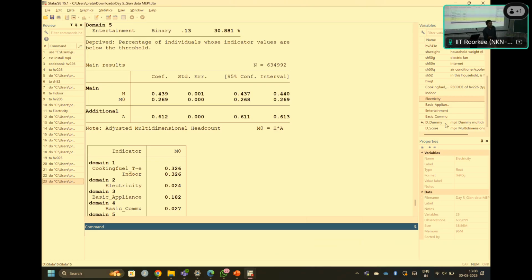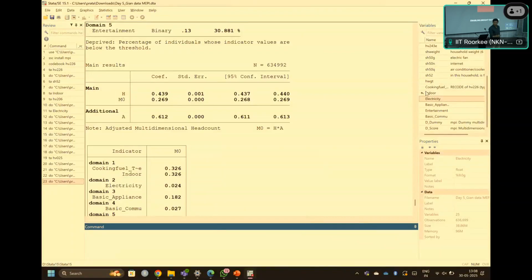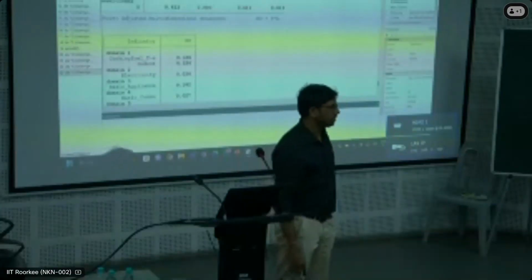Therefore, we try to show you all the possible formats in which the MPI or the score can be presented. All right. Is there any other queries? Yes, some corrections are there. We'll try our best to give it. Otherwise, if you work with the original data, you can simply use that variable and run your command.